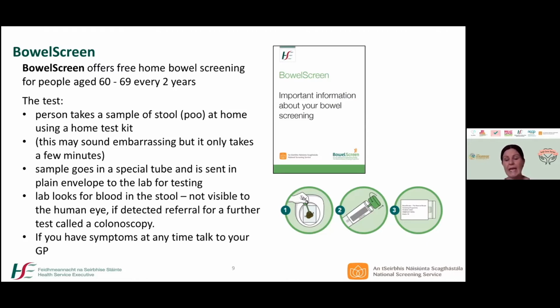in the toilet. And if you look there at the images to the right of the slide, you can see that you do your stool sample in the toilet. You then take the little stick that's in the vial in picture number 2. You scrape that stick along your stool sample. You close the vial and you send it back. And there's a stamped addressed envelope that comes with the vial in a pack, and you send that